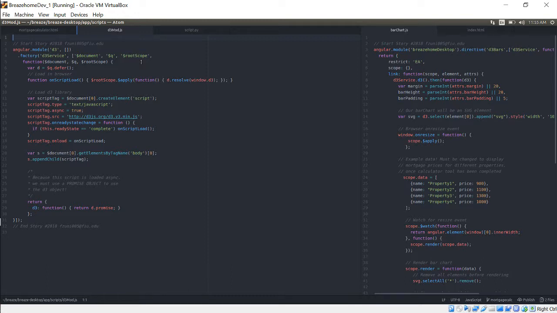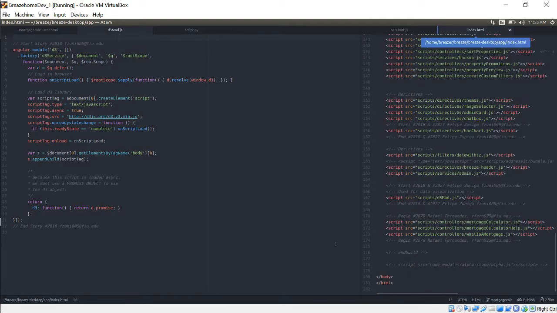So this module is reusable, like our custom directives, like we're about to see. So the first part was to make this module and to register it with our application in our index.html right here. Then the second part was